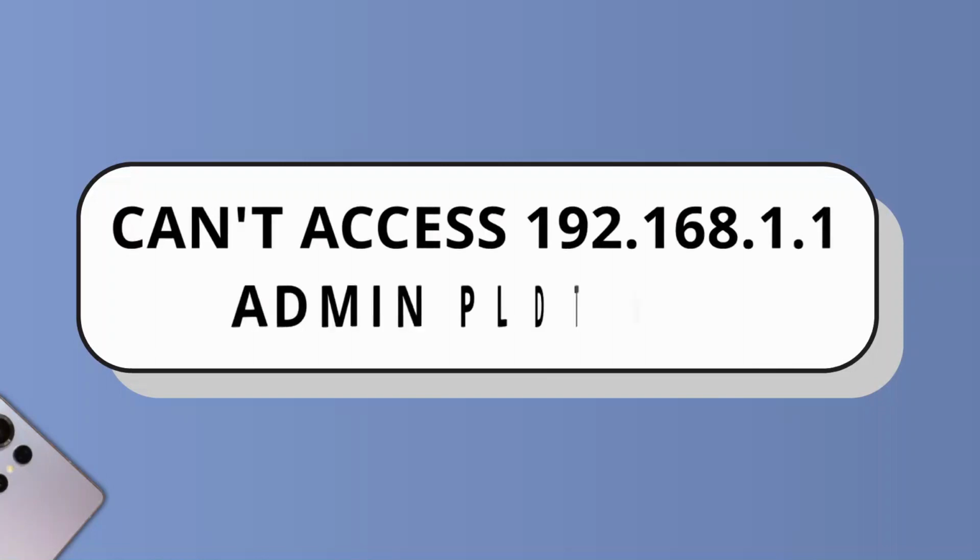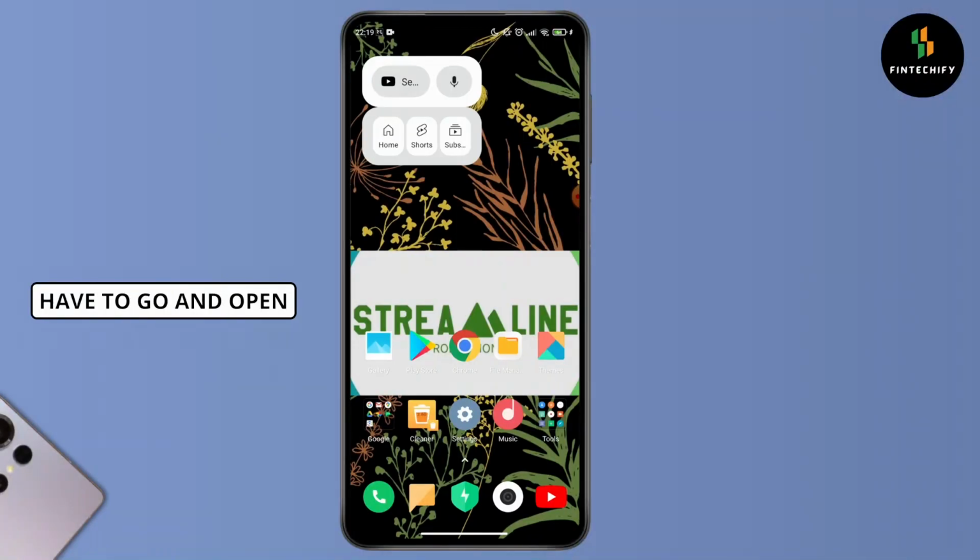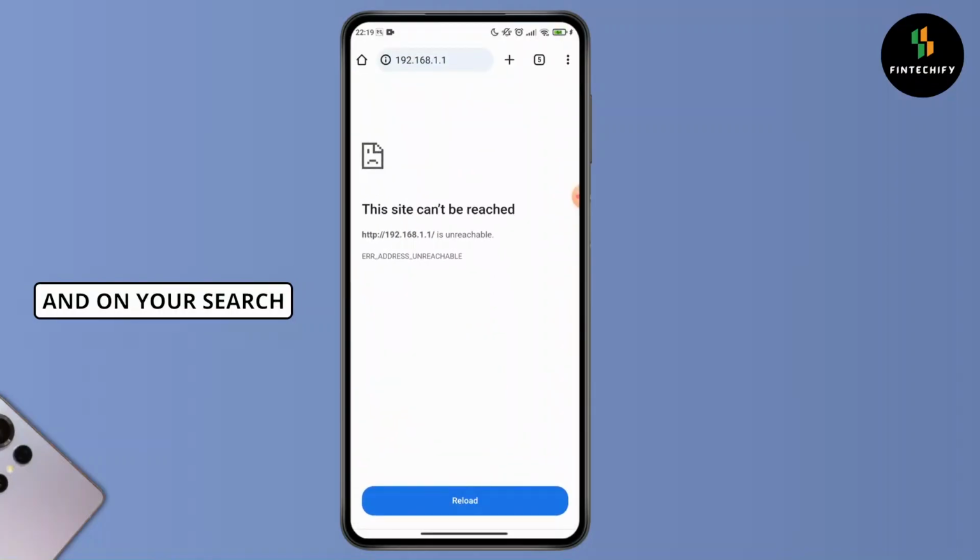And access 192.168.1.1 admin PLDT Wi-Fi. So the connection to 192.168.1.1 is not secure. So first of all, you have to go and open up your Chrome here, and on